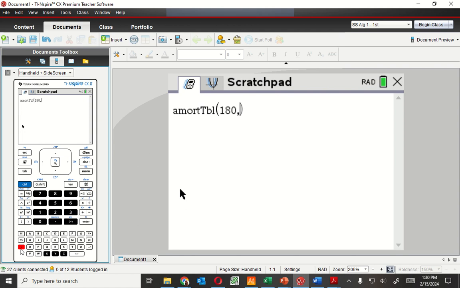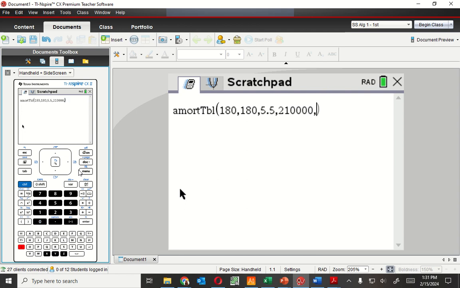So 180, comma. After my payments goes N. My N on this problem we said was 180. After that goes interest. Gabriel, pay close attention right here. This first 180 is how many payments I'm looking at, how many payments I want to list. It's before the N. The next number is the N. That's where it starts. So then we go down the list for the N, which is the 180. After N is I, which was 5.5, comma, PV, 210,000,